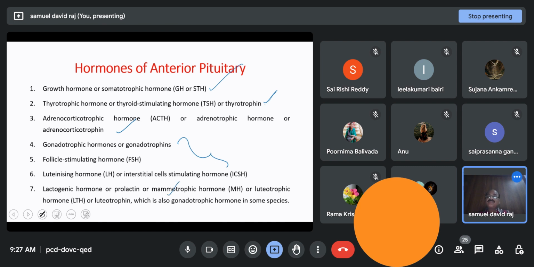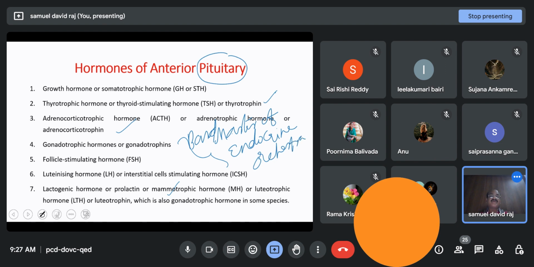So almost the entire body is said to be under the control of this pituitary gland, and certain scientists call this the band master of the endocrine orchestra. Pituitary gland is called the band master of the endocrine orchestra. And this is a big name. We can't remember this. So we simply call it master gland